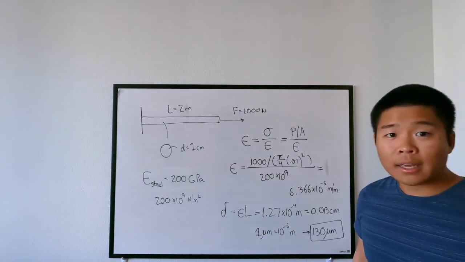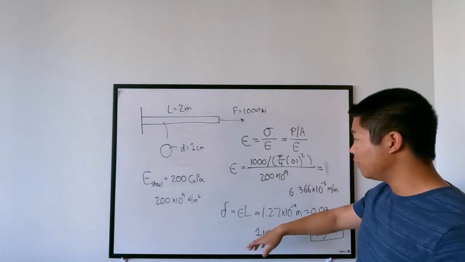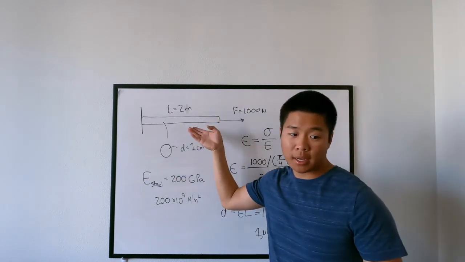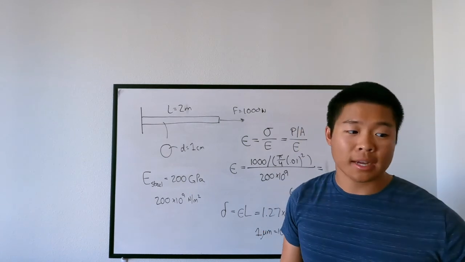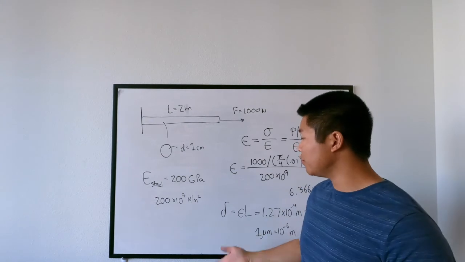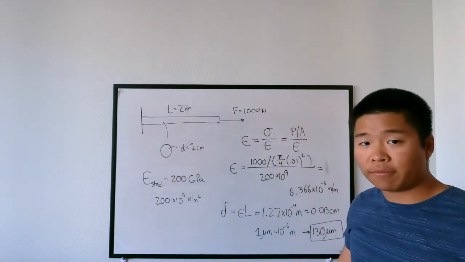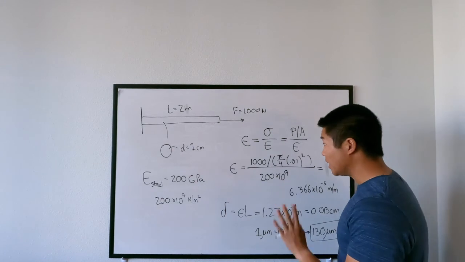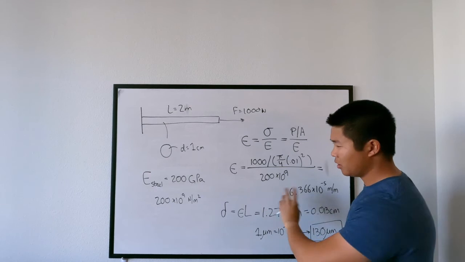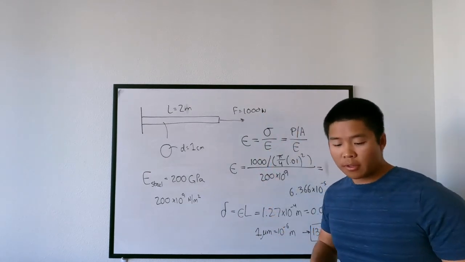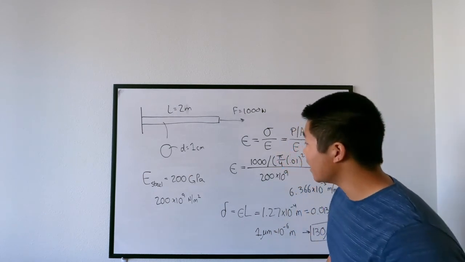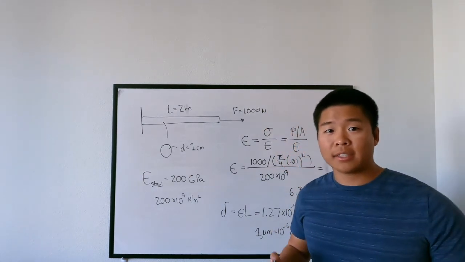So that is the idea of strain and deflection, using the most basic example possible. We will revisit this idea in the third lecture. This is just a simple, straightforward example to show you the relationship between epsilon, sigma, P, A, delta, and all this other stuff. It's one of those sections where if you know the equations, you can just plug and chug. But I want you all to understand how the equations are related, because that's how you understand